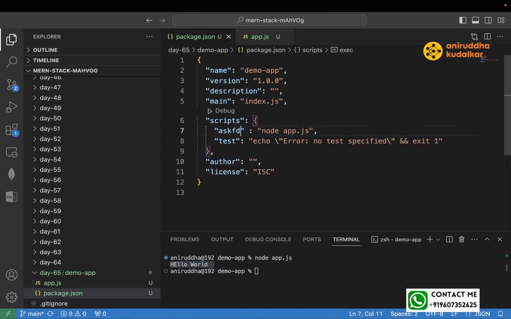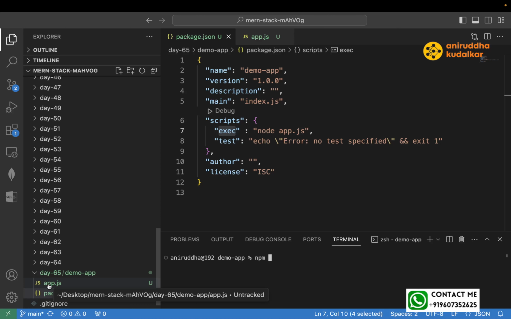So some exec script, you can give any name over here, but just for understanding purposes, I can say exec. Here you can do npm. Now I'll talk about npm. What is npm? Node package manager. Now this app.js and multiple JavaScript files together are called a package. And if you want to maintain this demo app package, Node says that, boss, there is an npm utility. You can use it. Now I want to execute this file. So npm